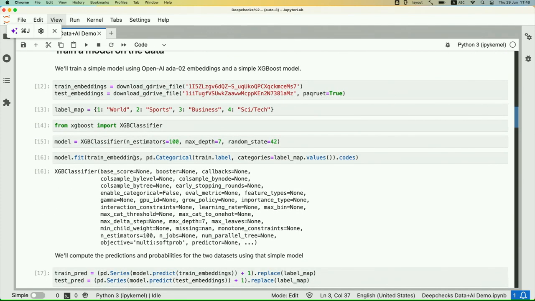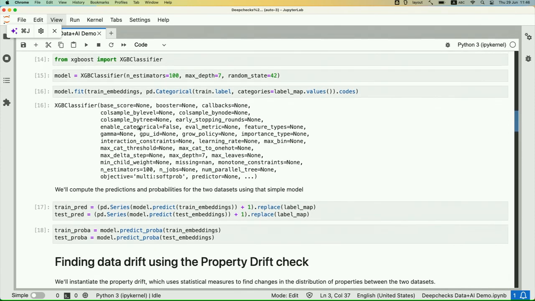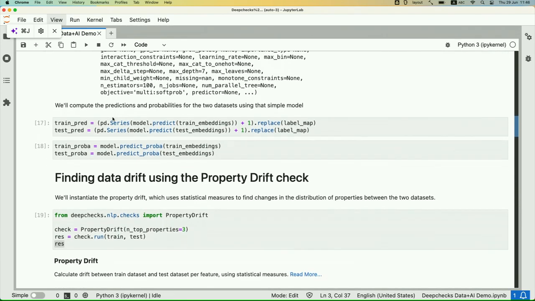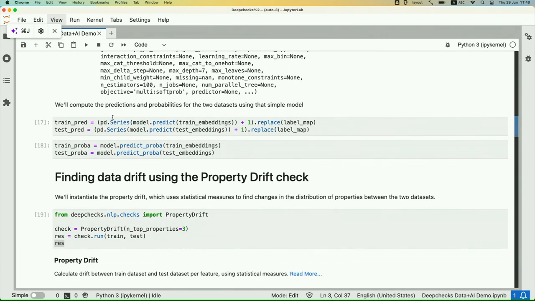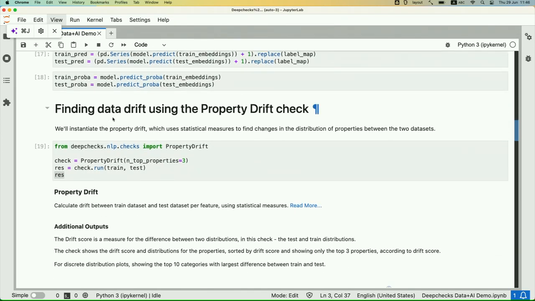Finally, I'll be training an XGBoost classifier, a very simple classifier over the embeddings, just so we have some model to give us a sense of what our performance is on the train data set and on the test data set. I'm using the terminology train and test here, but as we're talking about drift, it could also be train and production, evaluation and production, or reference production and current production. So you can imagine all of these contexts applying here. OK, all that being said,